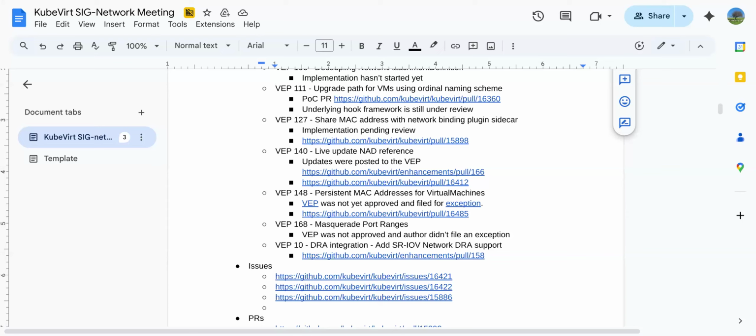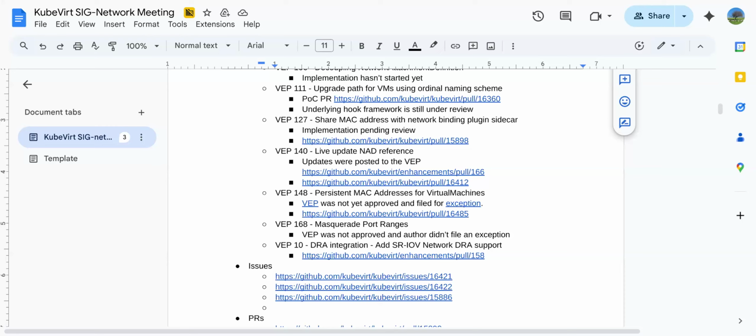So we're going to implement a hook in upgrade, and once the upgrade to version 1.8 takes place, those old VMs, we're going to swap their interface names in the pre-migration hook and replace the ordinal naming scheme with the hash naming scheme, the modern naming scheme, and that will enable us within 2 versions, I think, to be able to delete the original naming scheme code, which is pretty messy and it'll clean up our code base a great deal once we are able to remove the ordinal naming scheme code.